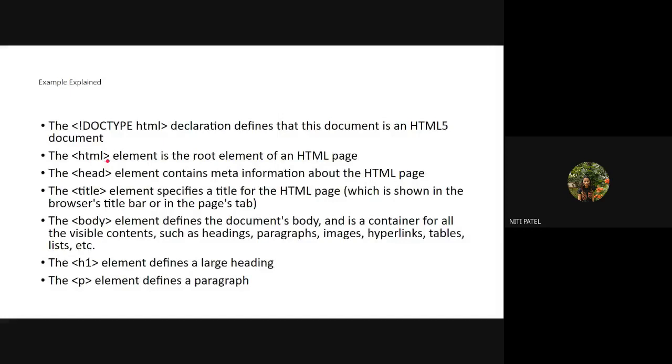Okay. Next is the head tag. How is it written? How do we write HTML? You have to open the angle bracket, type HTML, close the angle bracket. Okay. Second is the head tag. What is that head tag, or head element? It contains meta information about the HTML page. Now, meta information means more information. So if I want to mention more information, how am I supposed to mention that more information? By using the head tag.